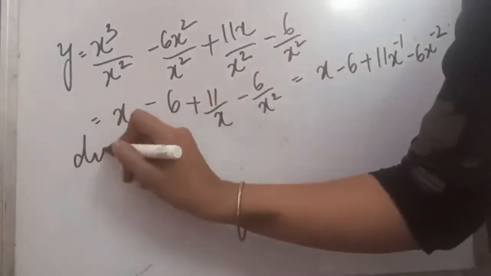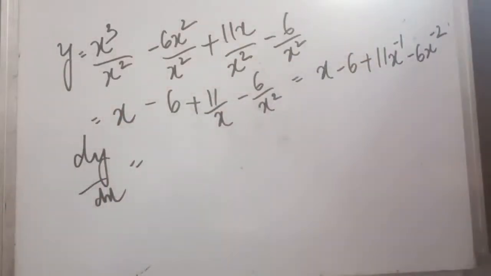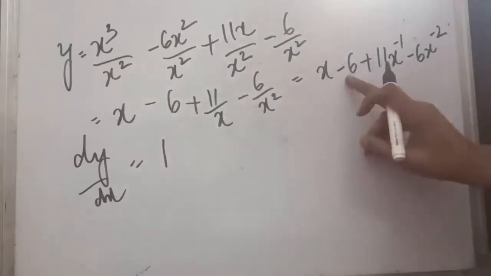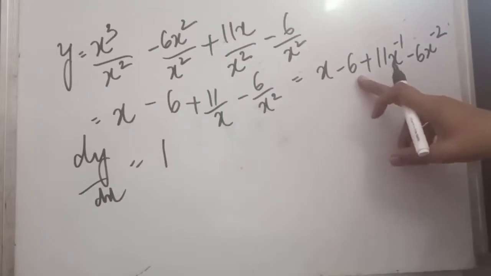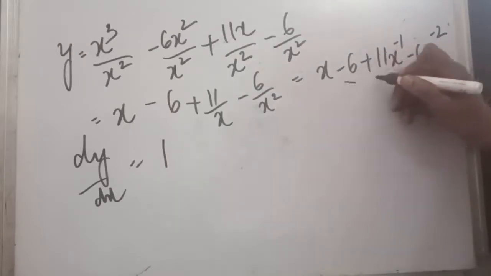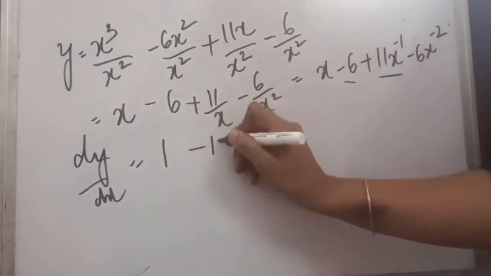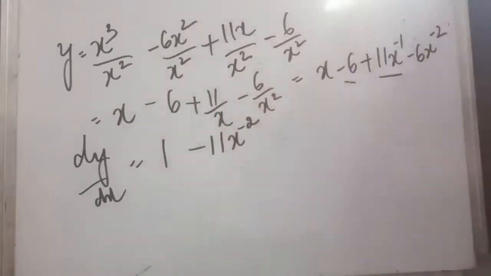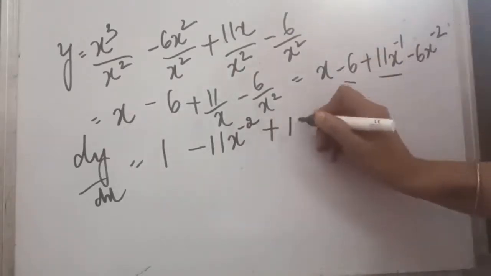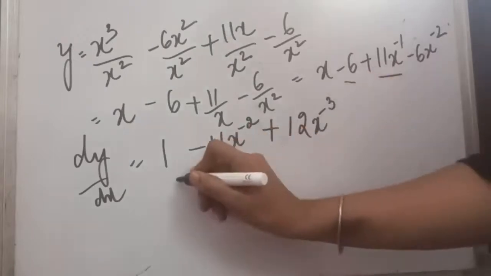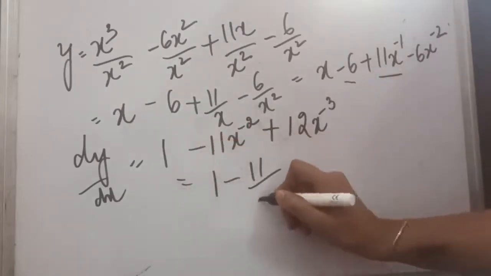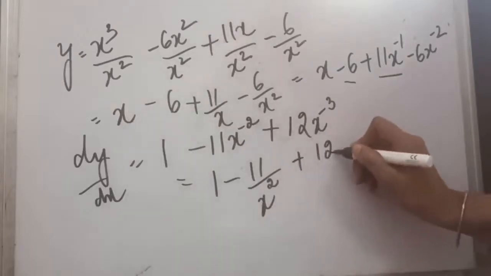Now taking the derivative, dy upon dx, x derivative will be 1 because it is having power 1 will come forward, so 1 x power again will be 0, anything having power 0 is 1, so it will be 1. Second, 6 is a constant, its derivative will be 0, so we need not write. The third element minus 1 will come forward, so it will be minus 11x power minus 2. Minus 1 will be minus 2. And the last will be plus 12x power minus 3. So if we want to write it in a proper way, we can write it like this.